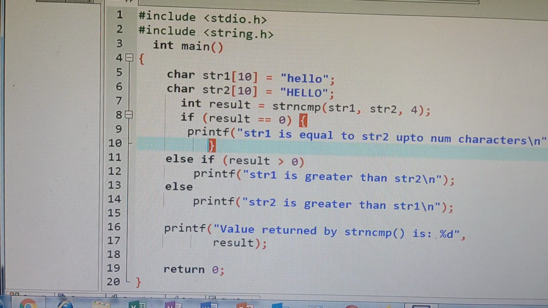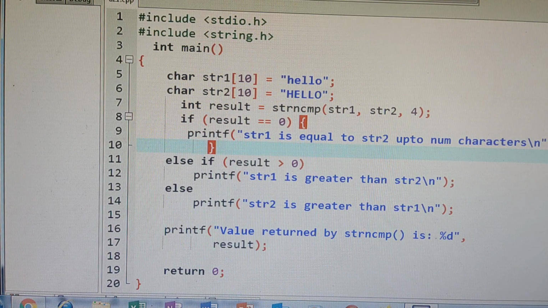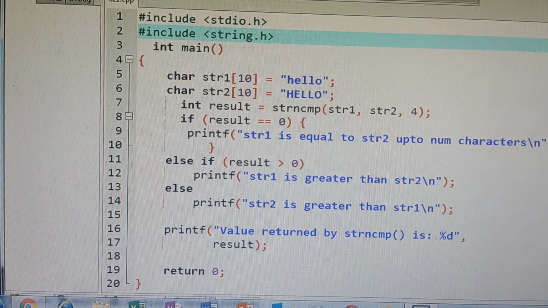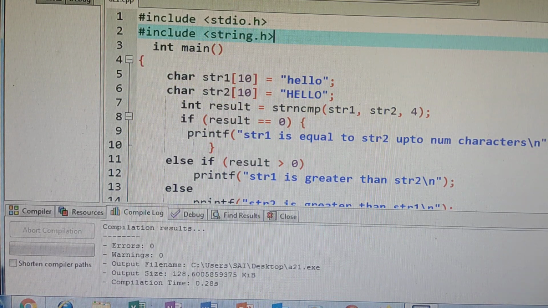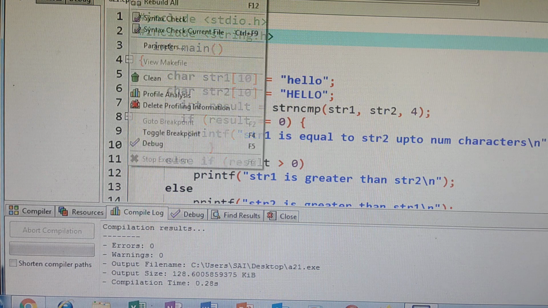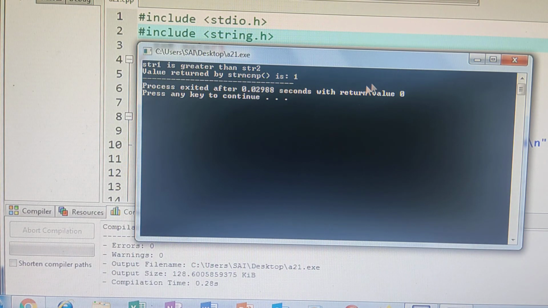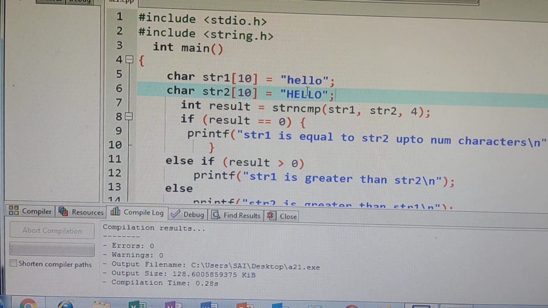Now the file is already saved. Execute, compile. No errors. Execute, run. You can see the value written by the string comparison is 1. 1 means string 1 is greater than string 2.